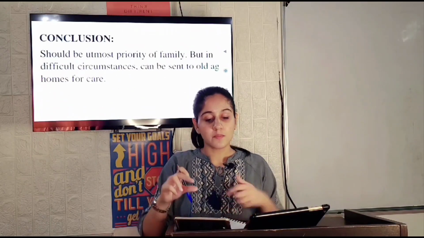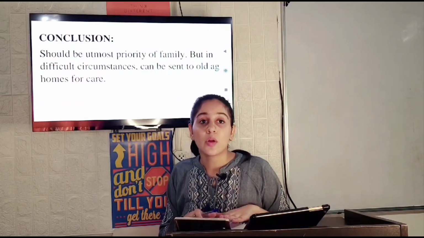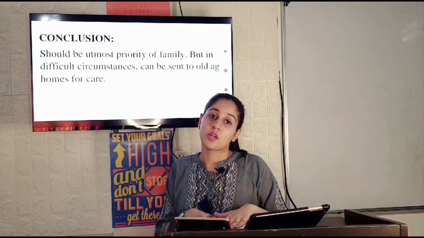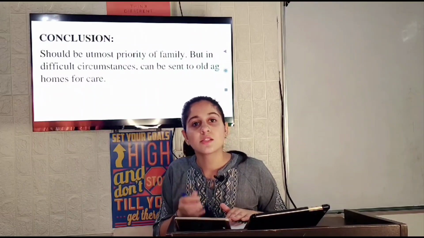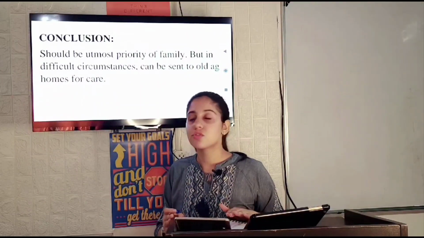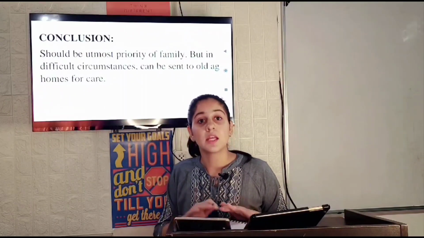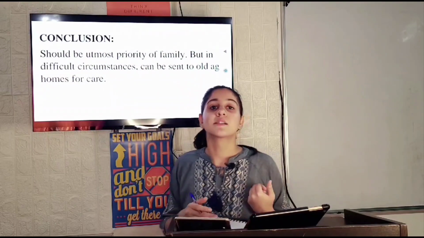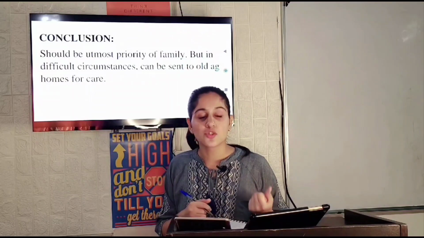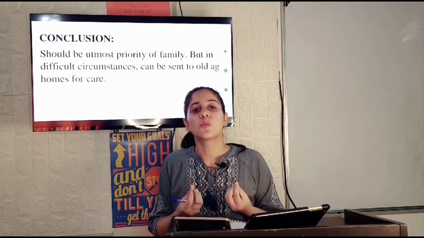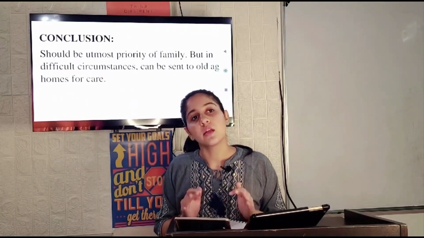So the conclusion would be that taking care of the older people, older adults, should be the utmost priority of the family. So if somebody is sick in your family, then obviously instead of focusing on extra things, you should just focus on the old person, the ill person, and keep all the extra things aside. But in difficult circumstances, they can be sent to old age homes for care. But still, if the situation isn't controllable, like the older adult is in a coma for like 20 years, 10 years,